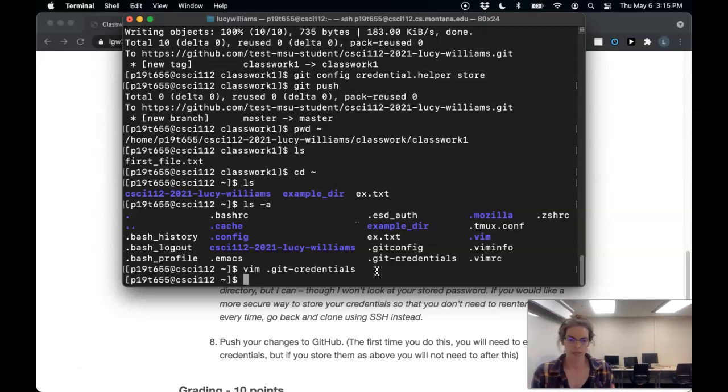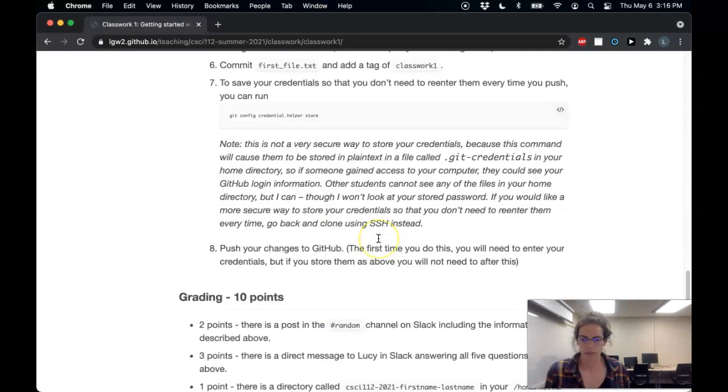Again, if you wanted to use SSH for your cloning process, then there's a more secure way of doing this. But for this class, this is fine. Oh, okay. And then we already pushed, so I'll actually change these instructions a little bit to be the correct order. But we have now, we would get credit for